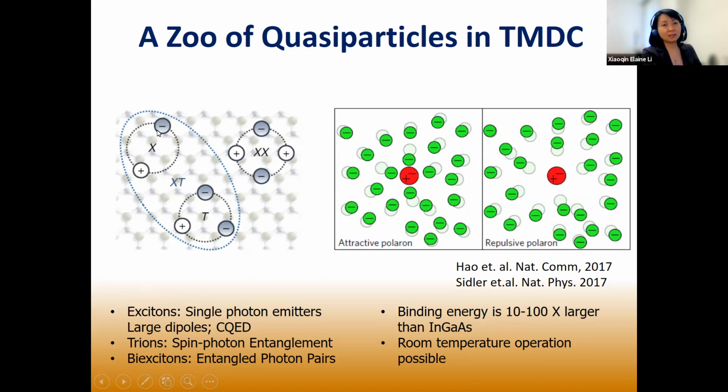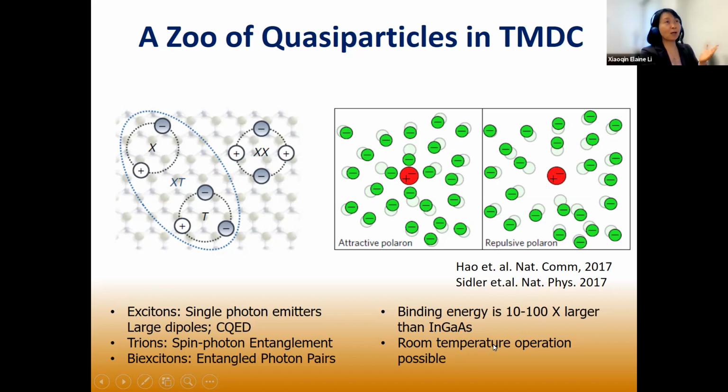If I can isolate a single exciton, it will act like a single photon emitter. If I can work with a single trion, it's a great way to realize spin-photon entanglement, or to transduce information between photon and spin. And a biexciton is a great way to create entangled photon pairs. These quasi-particles have all been studied in traditional semiconductor quantum wells and quantum dots, for example in indium gallium arsenide, except the binding energy for these quasi-particles is about 10 or even 100 times bigger than their conventional semiconductor